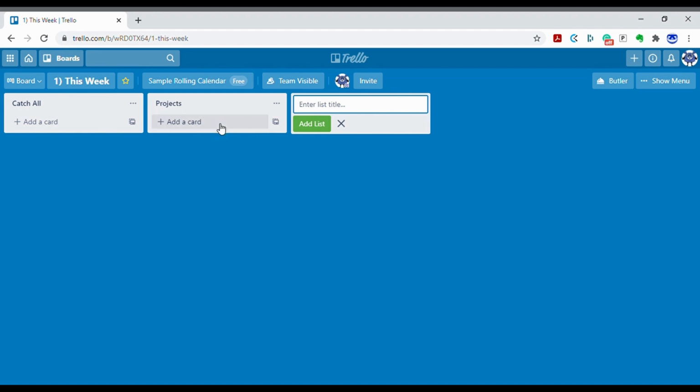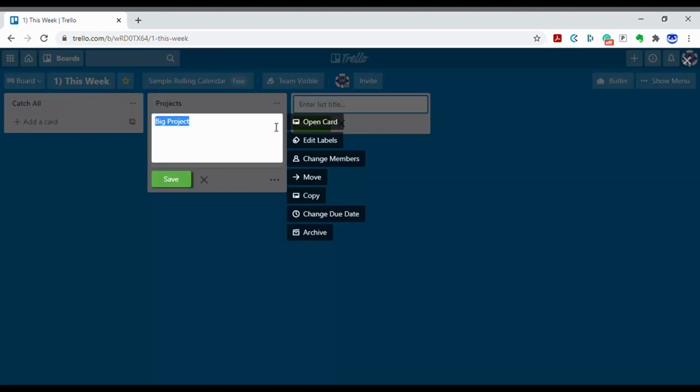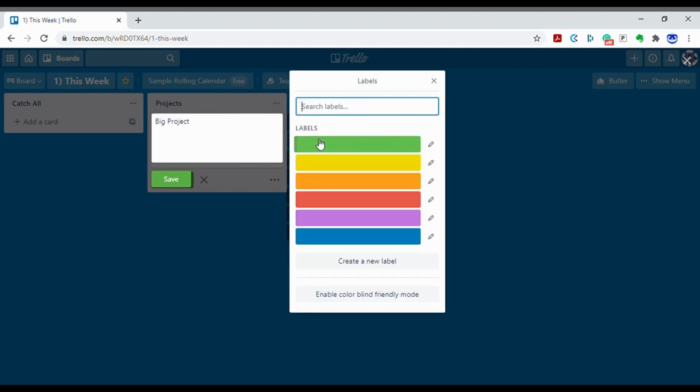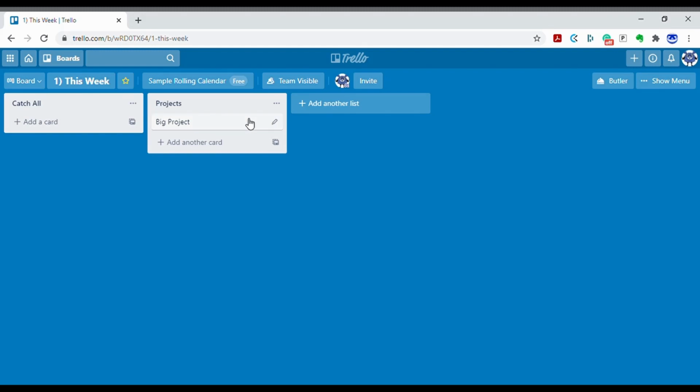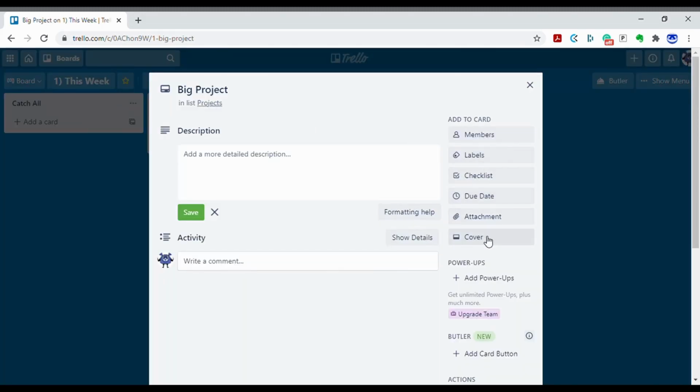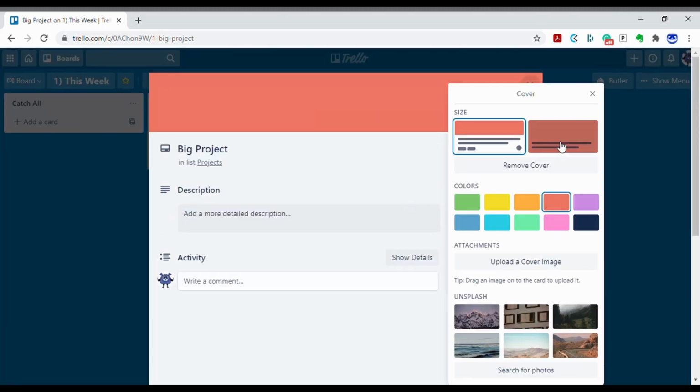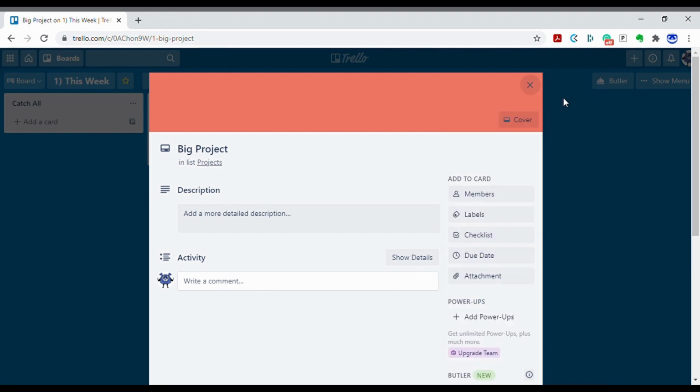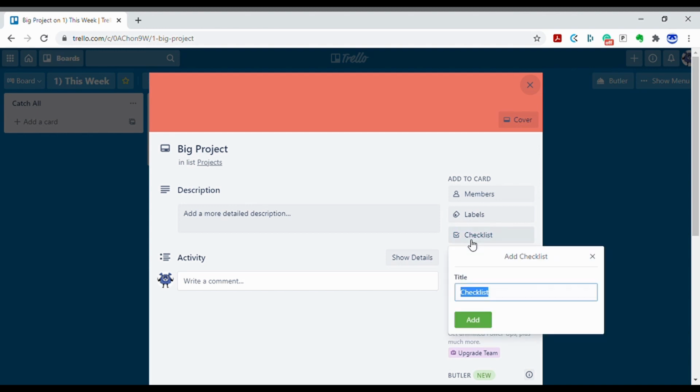Projects is also optional, but I find it nice, so I can create a big project. And there's a fun trick here. Oh, let's give it a cover. This is admittedly mainly cosmetic stuff, but I like it. And then a checklist,